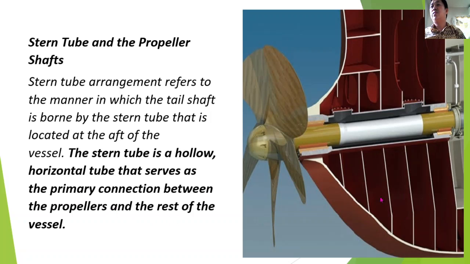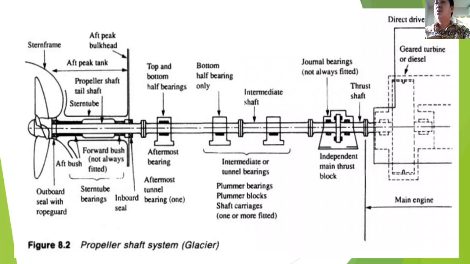So this is your shaft now. So this is your propeller. So this is a right-handed propeller, as you can see here. So the form of the tip is like this. So this is a right-handed propeller. So this is your stern tube here and here, and this is your propeller shaft. So stern tube and propeller shaft. So this is a general construction.